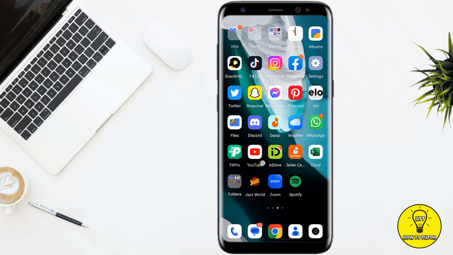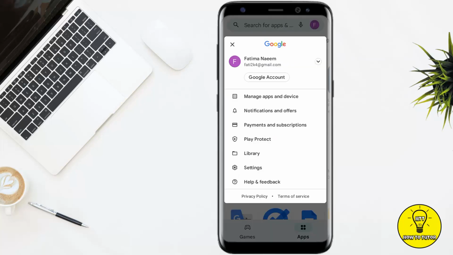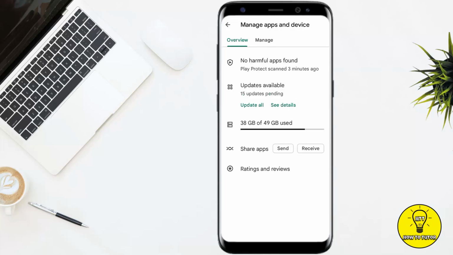First of all, we have to open our Google Play Store, and after that we simply have to tap on the profile picture icon at the top right corner of the screen. It will show you a couple of options, so from this menu simply select apps and devices. As you guys can see, there is an option called updates available, so go ahead and tap on that,